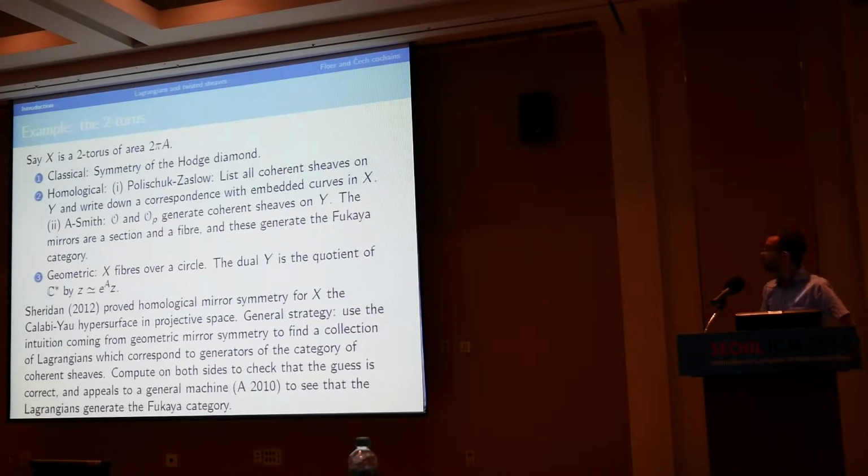Okay, and so the last thing that I wanted to say is that these computations still require a little bit of work, but the SYZ point of view is completely trivial. You really just take the naive projection from the 2-torus to the circle that I was talking about, and you try to dualize it, and you explicitly get that the dual of X, which is this mirror, is this quotient of C star by this action: Z goes to multiplication by a positive number.